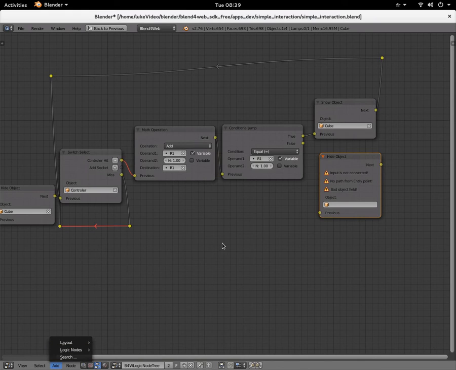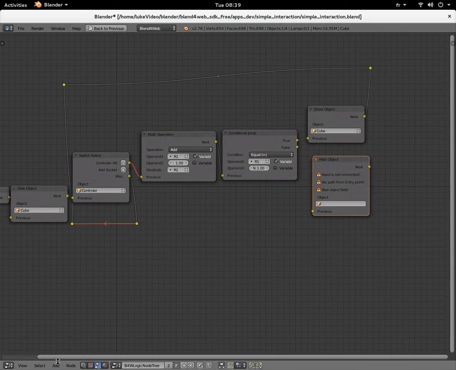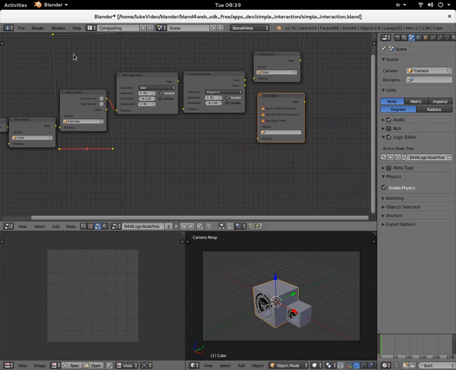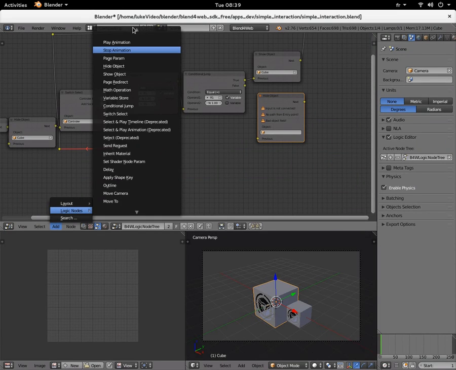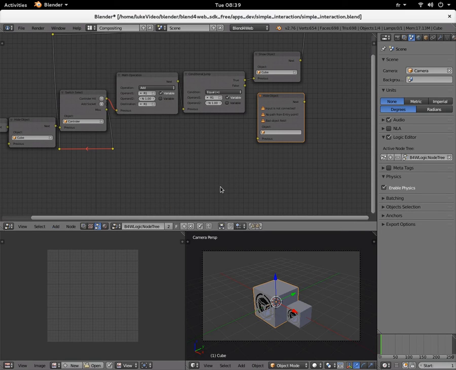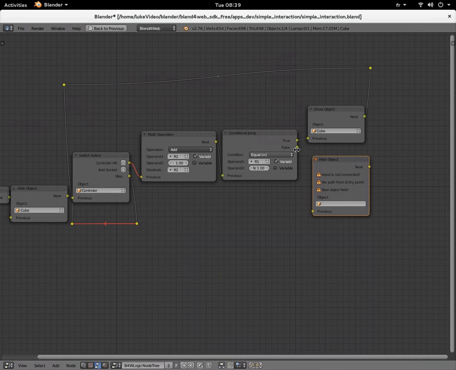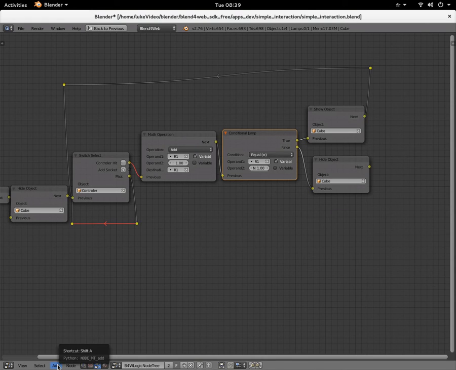hide object. If you don't have your node editor full screen, you may have to scroll up and down this selector. I'll show you what I mean here. Add logic nodes, and there are some on top and some below. Just to let you know, control up. If it's false, so we hide the object is cube,